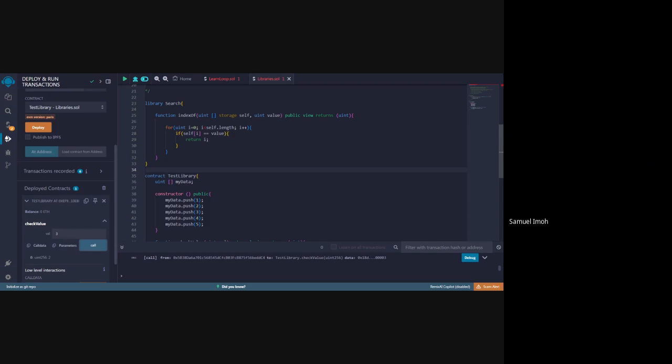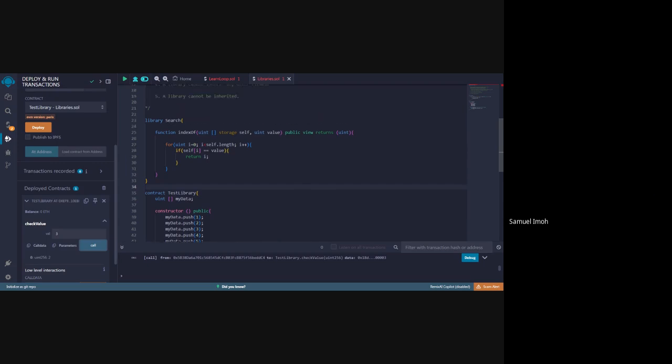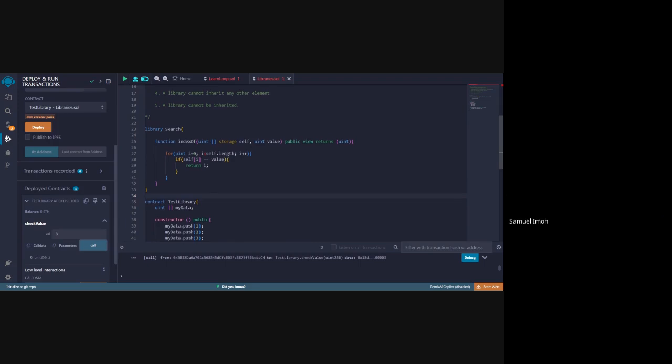If you put it 2, it's going to give you 3. Understand? So at your own pace, after this class, just go and play with it and see how you can change it, so that when you impute the index, it gives you the number, rather than when you impute the number, it gives you the index. Okay, that's it for libraries